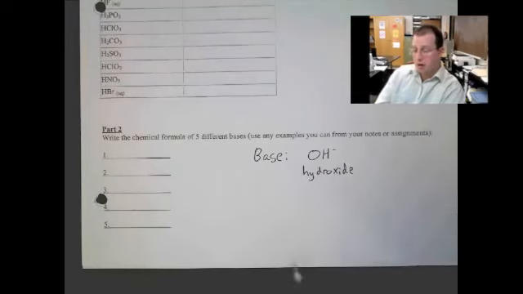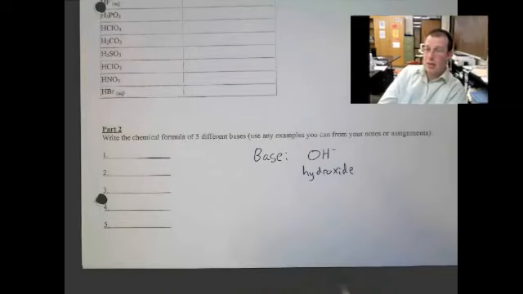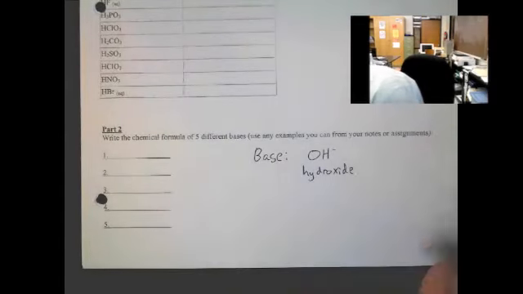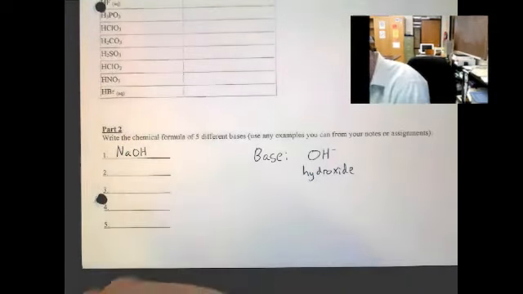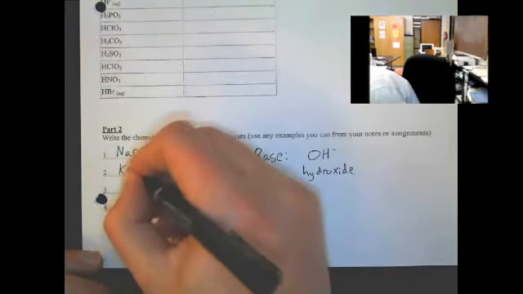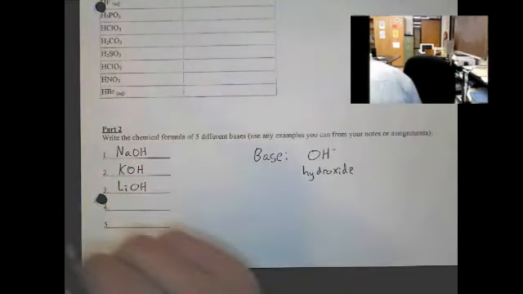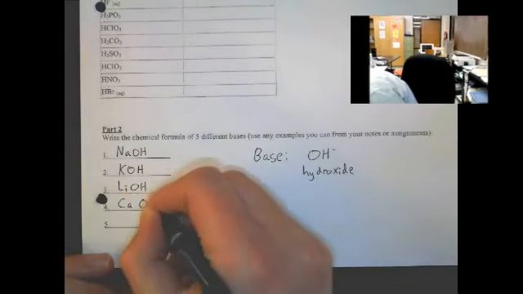Okay, it's really simple. All you have to do is see if you see OH together, and it's got to be written together like that in the basic formula, then we know it's a base. Next, just some examples if you want. NaOH, sodium hydroxide, very common. Potassium hydroxide. Okay, lithium hydroxide. Again, look, they all have a base there every single time. They all do. If we want to keep going, calcium hydroxide,